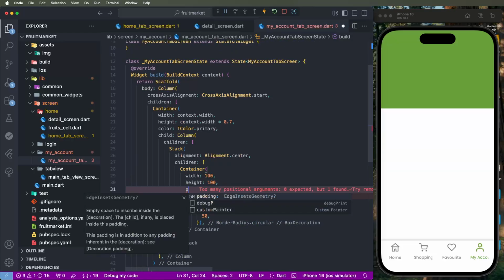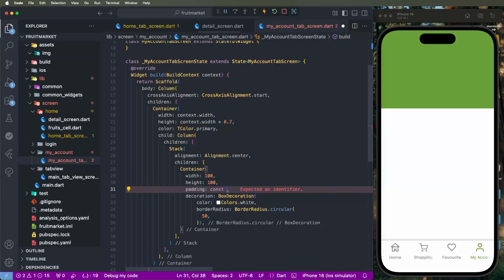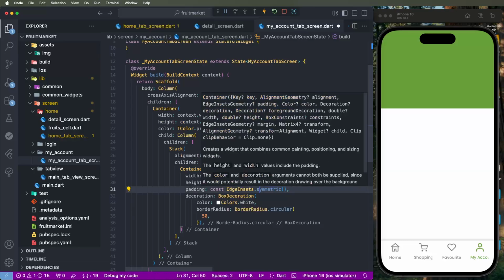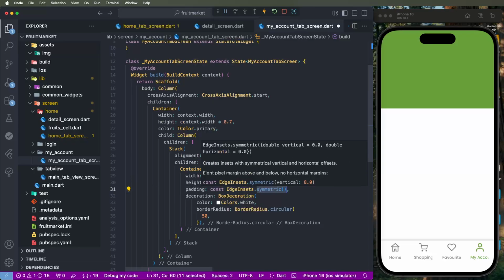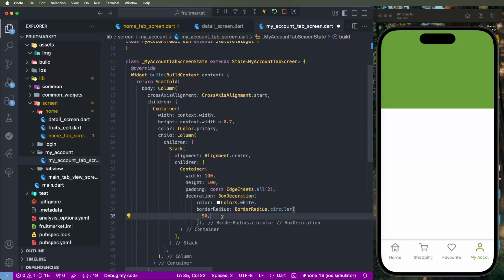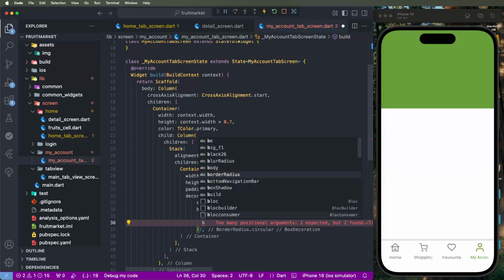We need to set the padding, const EdgeInsets dot all, not symmetric, because similar to the UI we need to make the borders. That's why I need to give it 2 and set here the